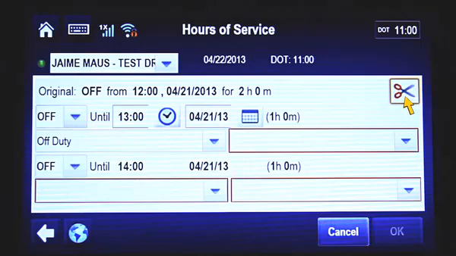In this example, the original duty status was off from 1200 to 1400 hours because the driver was only off duty for the first hour. Select Off from the first drop-down menu. Now enter the end time of the first duty status in the Until field. In this case, 1300. Because the driver was on duty during the second hour, select On in the second drop-down